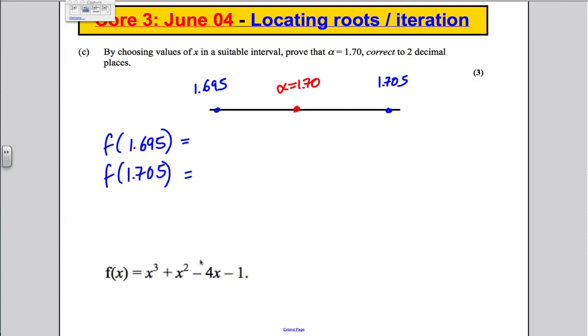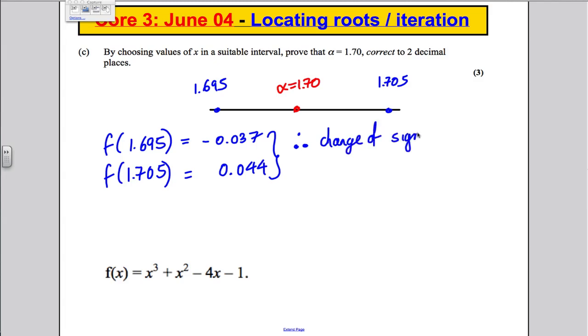So typing that in, x is 1.695, you get negative 0.037, and typing in x is equal to 1.705, you get 0.044. So you know, therefore, change of sign,